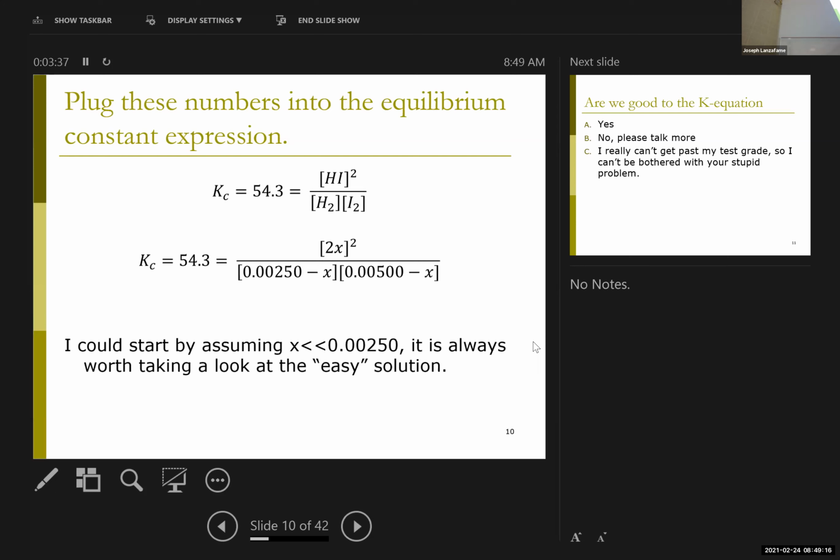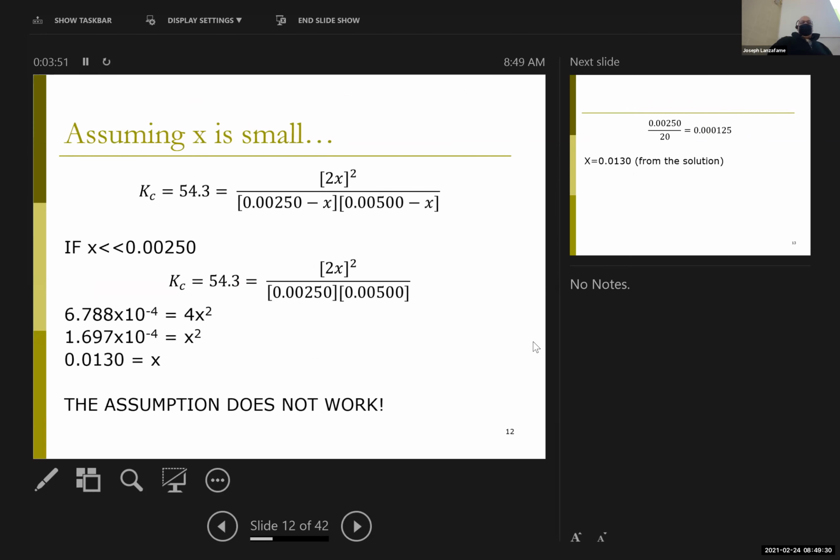All right. And as I'm fond of saying, even though I know it won't work, and I told you it won't work, it takes less time to find out it won't work than to decide. And so I'm going to assume x is less than 0.0025, right? Because that makes both of the x's in the denominator insignificant. If I do that, again, all I have to do is cross multiply and take the square root, right? If I do that, I get 0.0130,